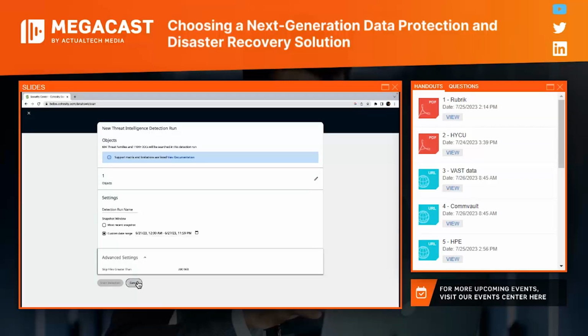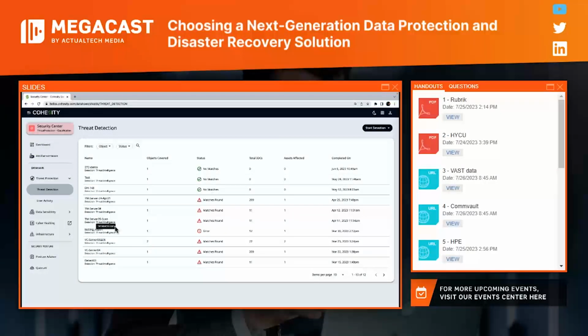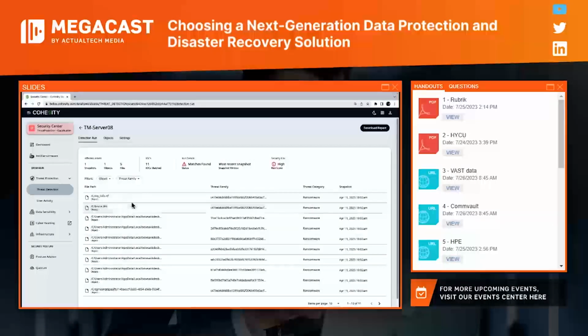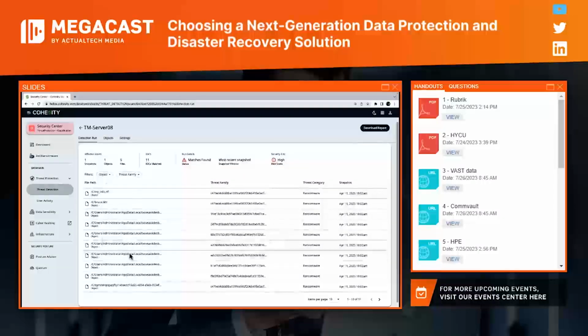Let me actually go in and show you the scan results for one of these recent scans that we performed. I'm going to click on TM Server 08, and we can see that for TM Server 08, we did receive some anomalous files from that scan.